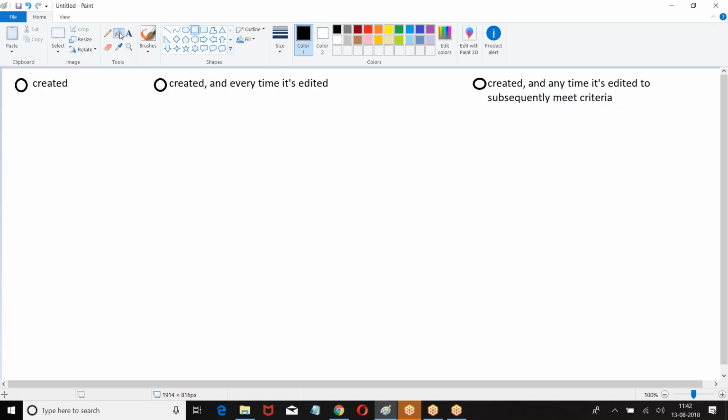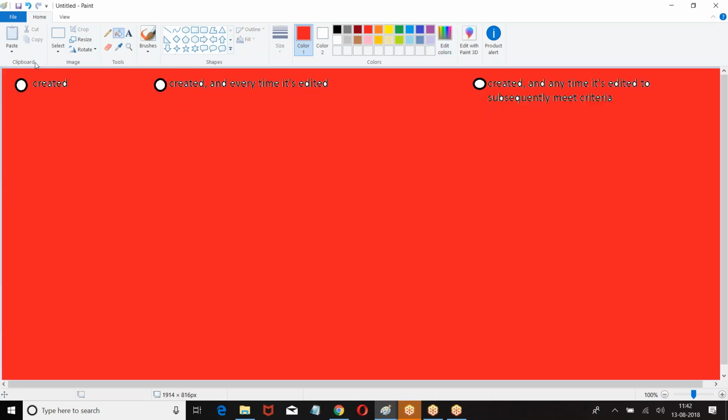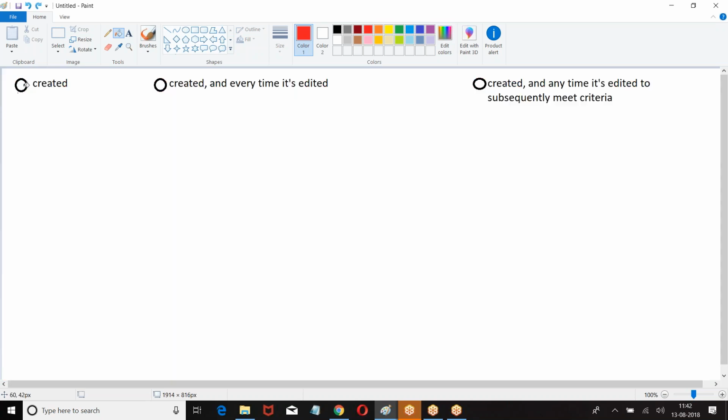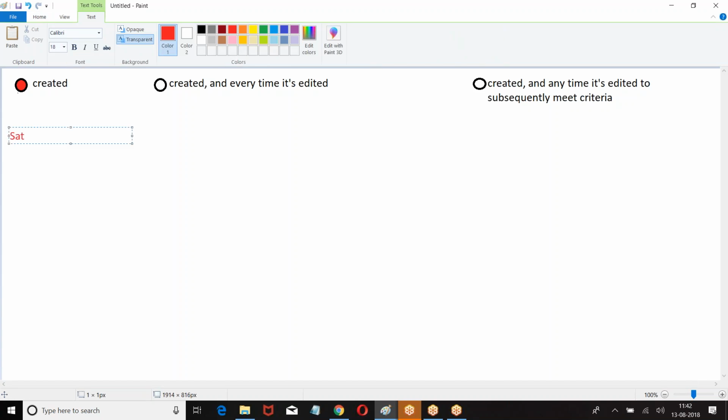Now let us say I selected the first option. If you select this option, look at the point. I created a record, Satish 50,000. When you create a new record, what will happen? It will check the condition. Then again, Satish 50,000 is modified to 80,000. Should I check the condition?